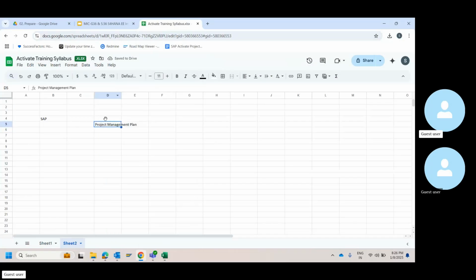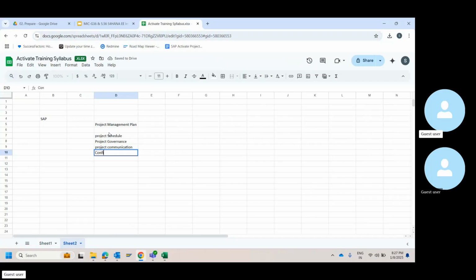Okay, the content will pretty much be the same as that of a project charter. A few things: how you will manage is basically what will be here. How do you manage your project schedule? How do you manage your project WBS? Project tracking, basically. I would say project governance is the right word. Project governance, project communication,